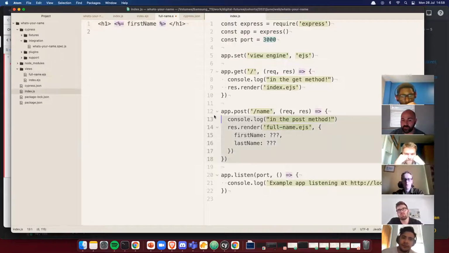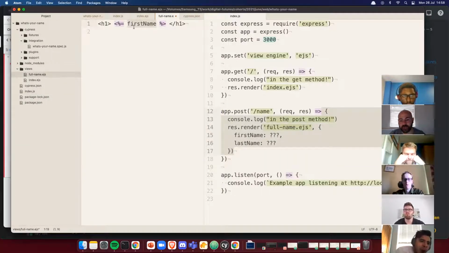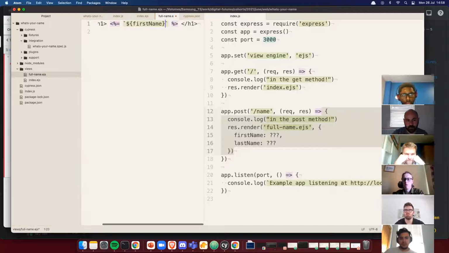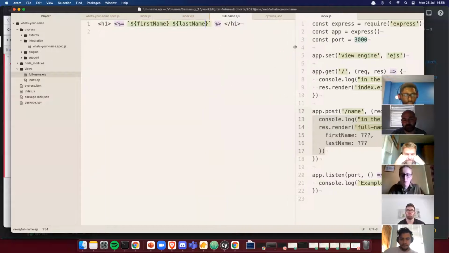So whatever I pass from this controller, this little function here, then gets added to my web page. So whatever data comes across, I can then add to my page. So if we want to do first name in JavaScript and last name, I guess we could interpolate the space, something like this. All right, we're working backwards a little bit because we haven't figured out how to get this